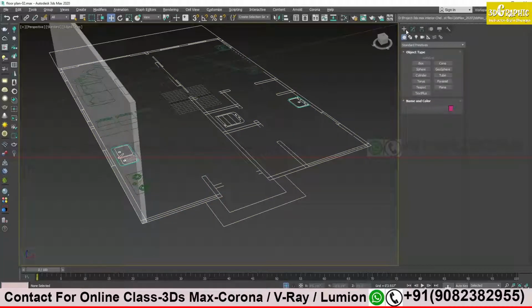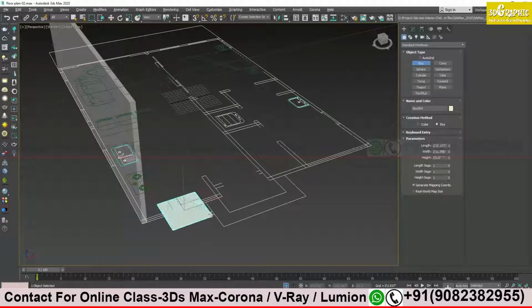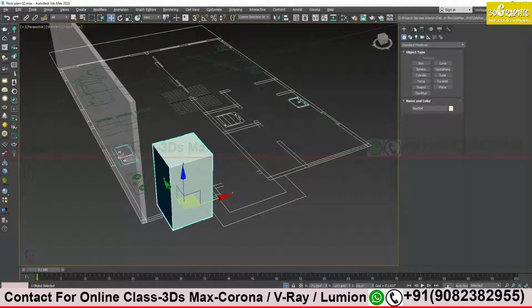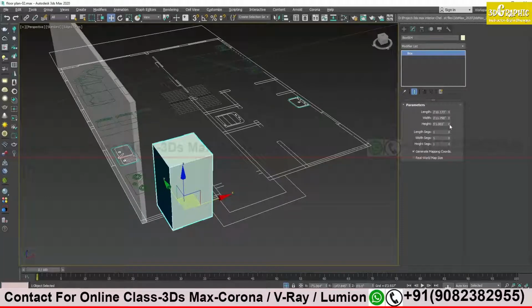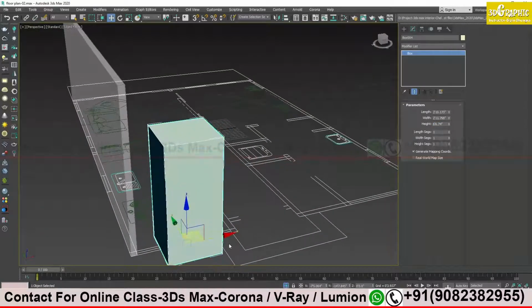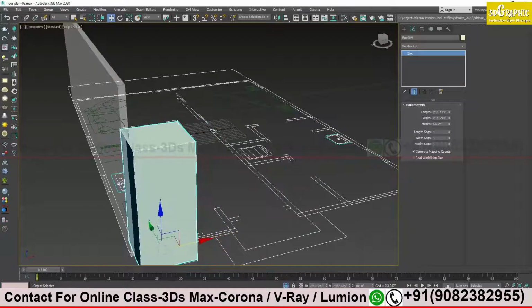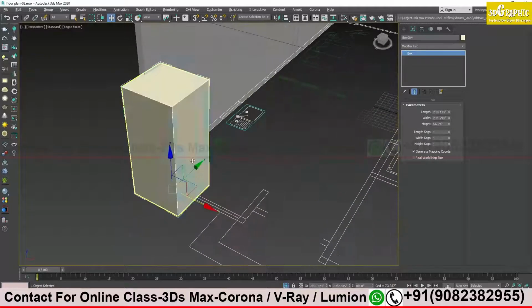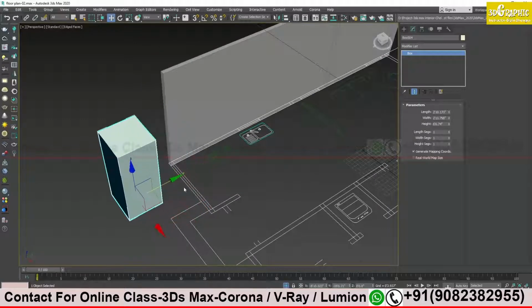I will go to the create tab over here. I will take a box and create it somewhere near my wall like this. Give any height and go to the property of my box. Here you will get the height of the box. Just double click over here and give the value. For me right now it is 2000 millimeter, double m, and then enter, which is around 6 feet 6 inches. So this is the actual height of this window. I will keep this aside and create another box.